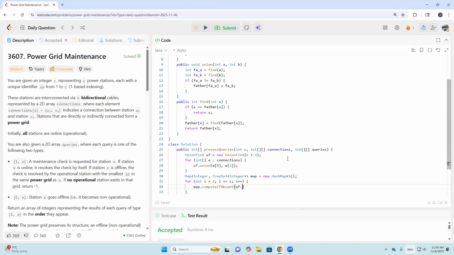Let's have the key be UF.find(i), right? And so this one, k goes to new